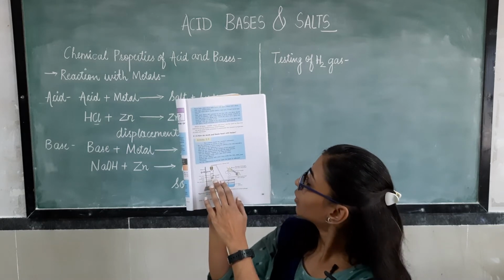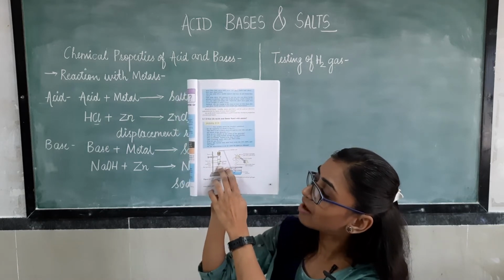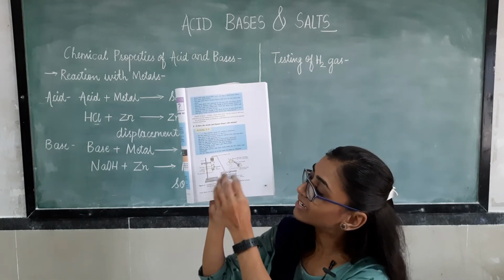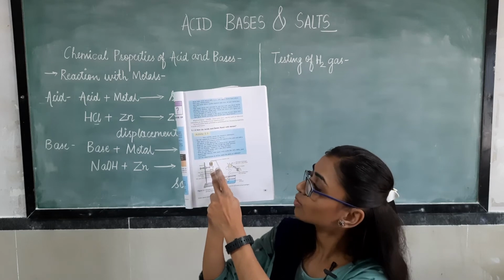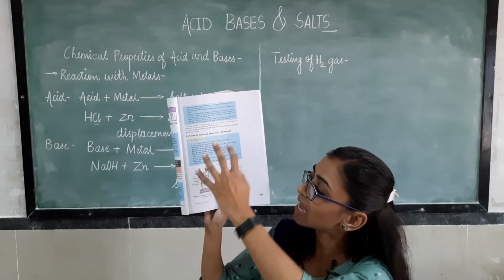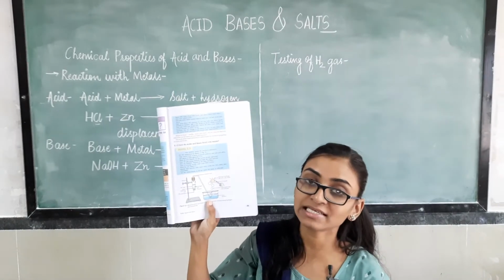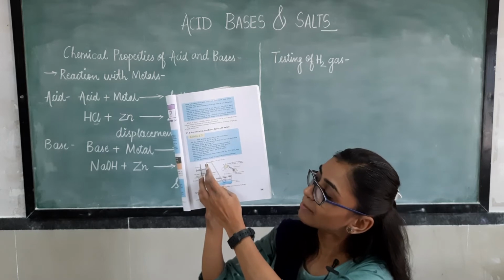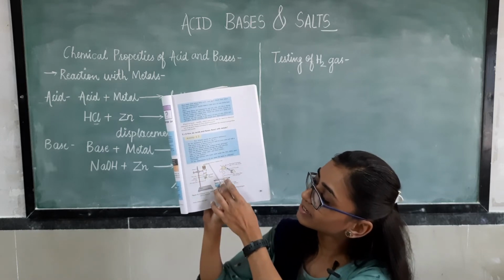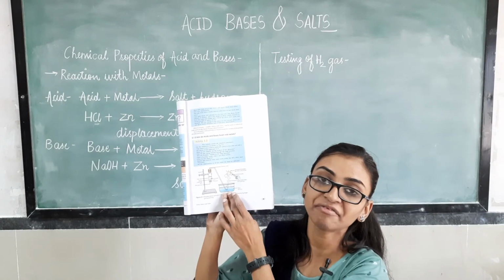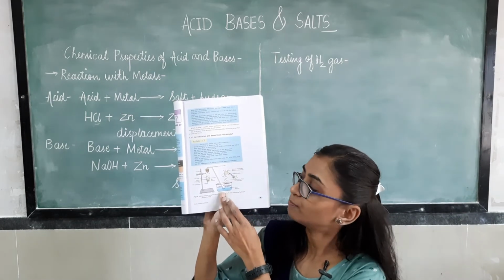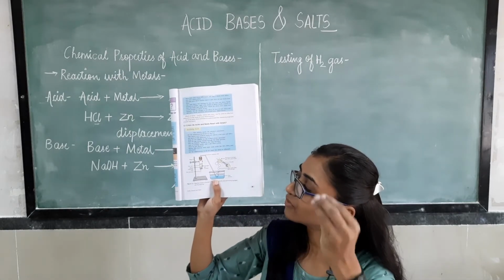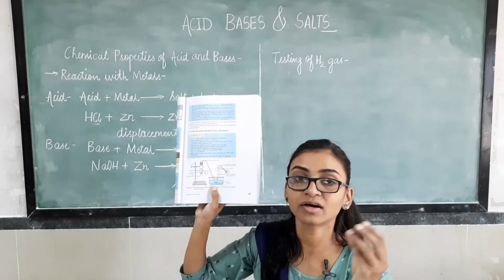Here we have taken a metal inside the test tube. When the metal reacts with acid or base, hydrogen is evolving and salt is produced. When this hydrogen is produced inside the test tube, it goes through the pipe into the beaker where we have taken soapy water. So what happens when the hydrogen gas comes inside this soapy water?